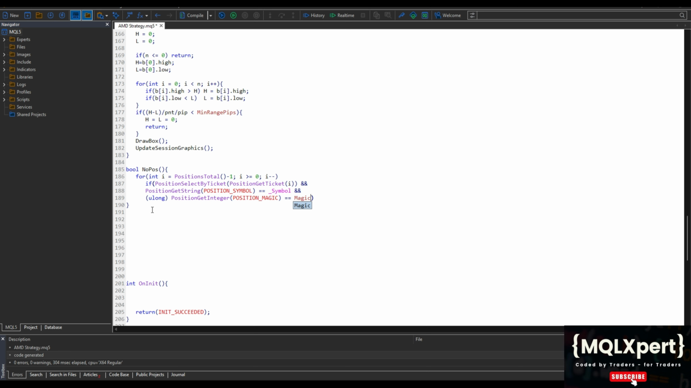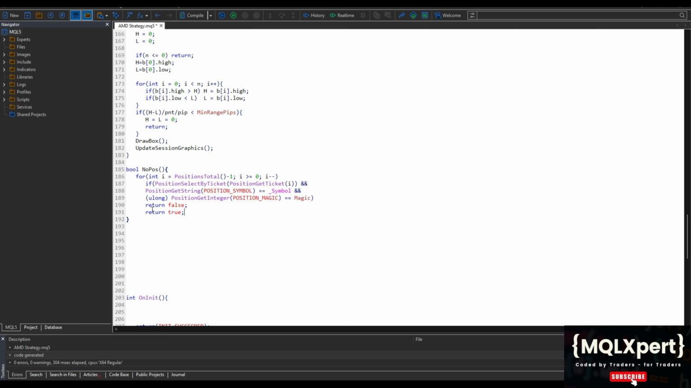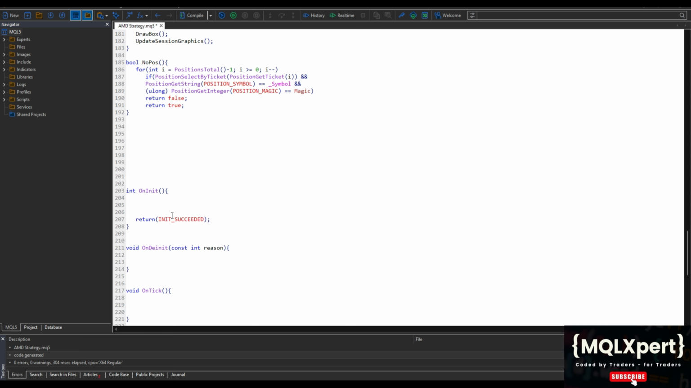If we do find any matching position, then we immediately return false because we do have an open trade. If we finish the loop without finding anything, that means there are no open positions for the CA, and then we close the function. Next, we're going to add a helper that forces the lot size to respect the broker